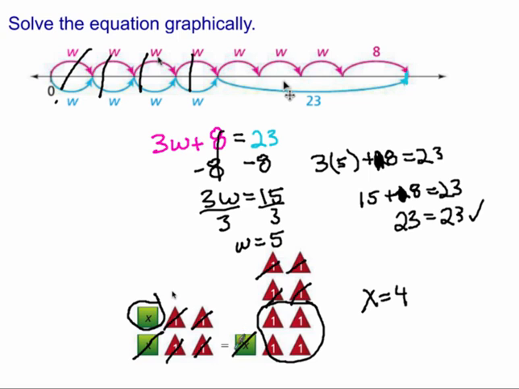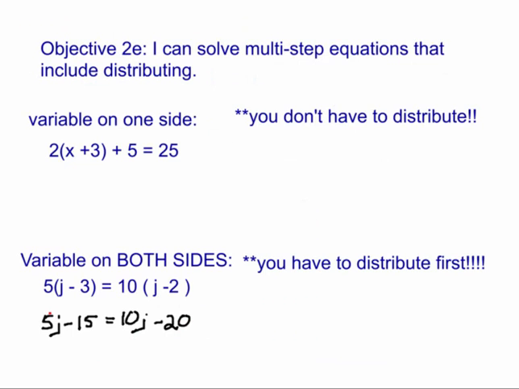Okay, we saw that we had 1 here, so we crossed it out. That means we could cross out 1 over here. We saw that we had 4 here, so we crossed out these 4 and then had what's left over. So get rid of what you have. So we have 5j's, so we can go ahead and get rid of all of them by subtracting 5j. Then over here, we'll find out what we have left over. These cancel out, and I end up with negative 15 equals 10j minus 5j is 5j